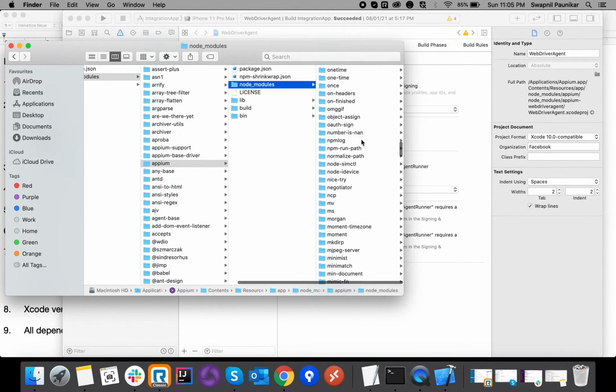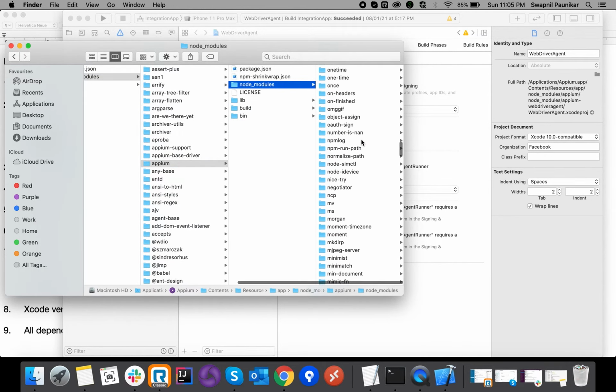So this is the project, guys. Generally it should be under the path node_modules, appium, again there will be a node_modules and appium-webdriveragent. Under that you will see WebDriverAgent.xcodeproj. So when we open it we will see something like this.